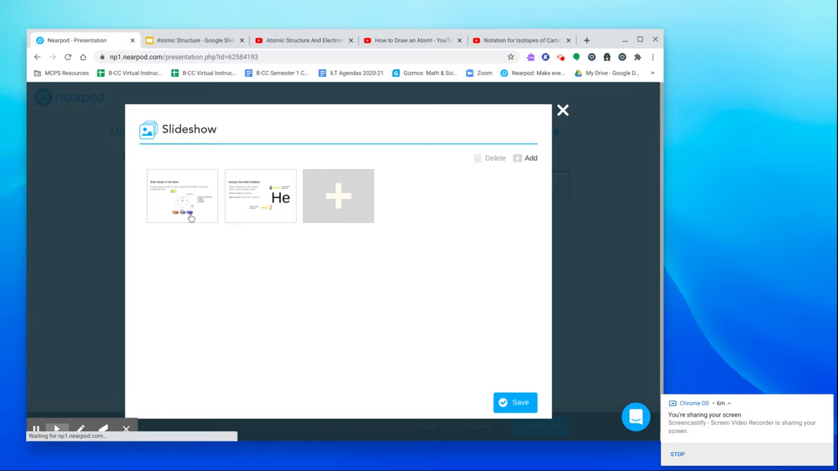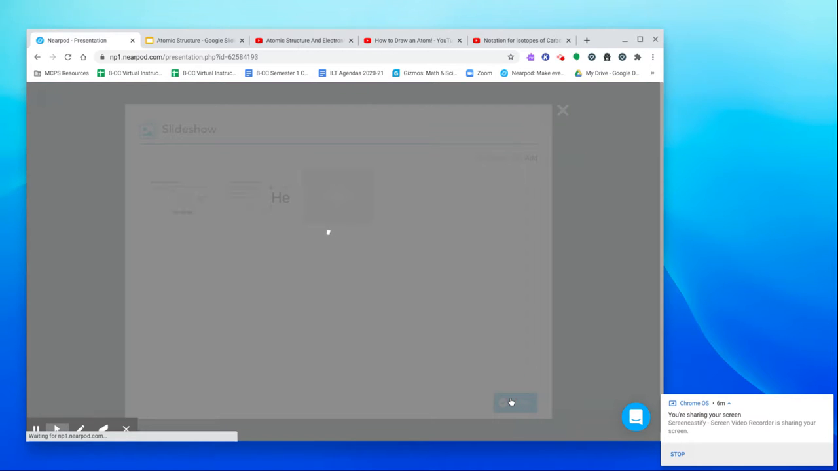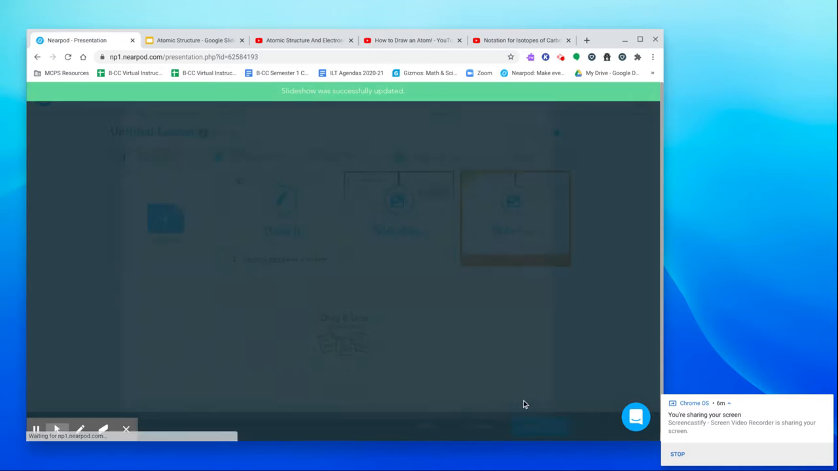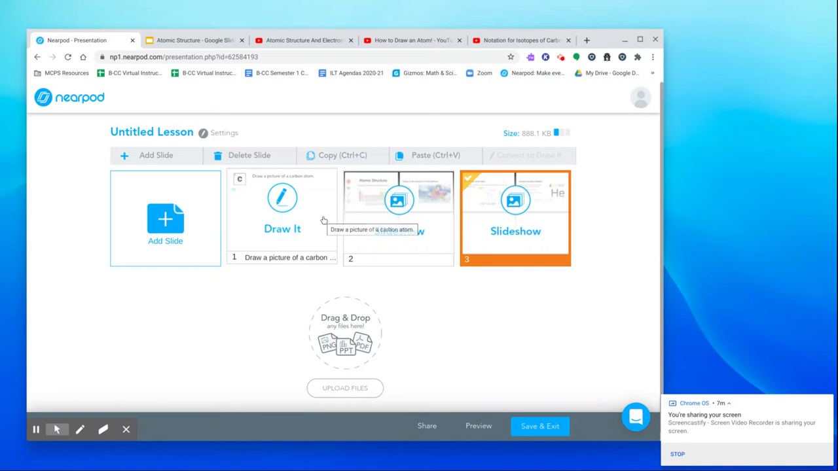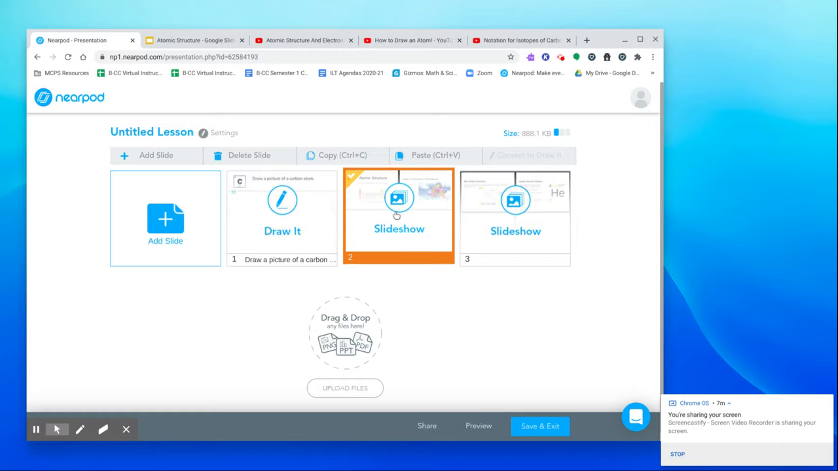So this second slideshow is really just these two slides. And then in between these two presentations, I'm going to work in some activities. I'm going to work in some videos. So if I want to, after this slideshow, show a video, then I could find a